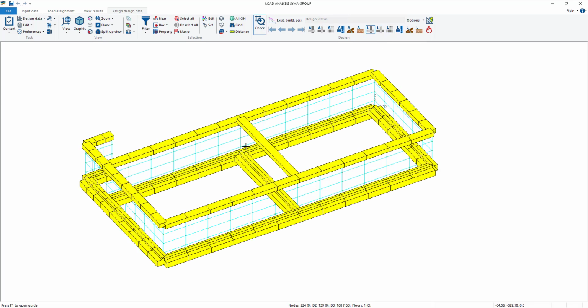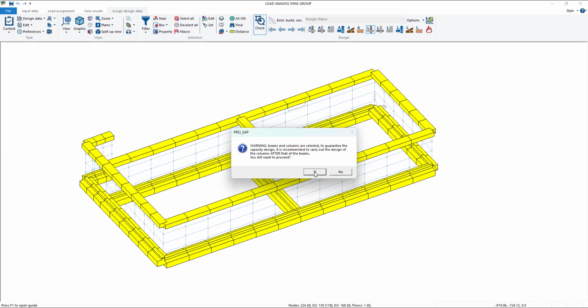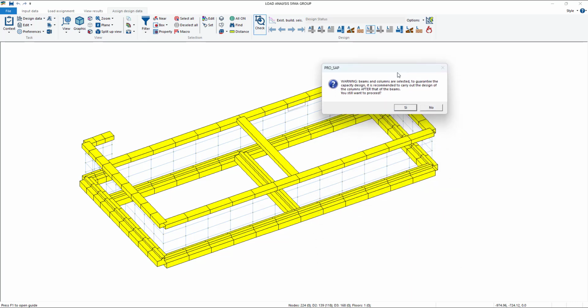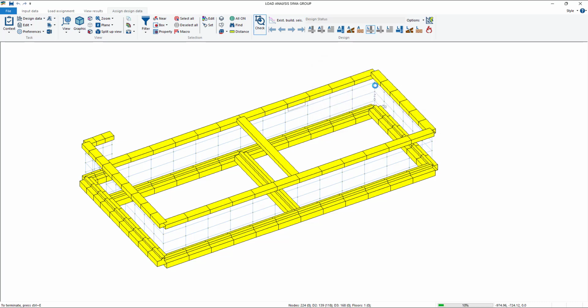Here we can check. Okay, we didn't design that. Why? Because I still had only the free filter. So when I clicked select all, they were not selected. Okay, now I can do only the two: select all, right click, design limit states. Okay, so the program is now reminding me that it's usually better to first check the beams and then check the columns. But in this case, we can go, yes, we don't even have columns.